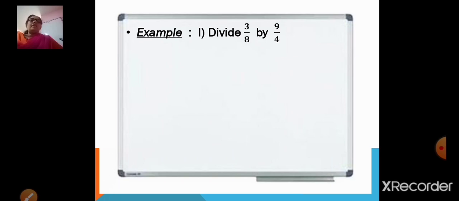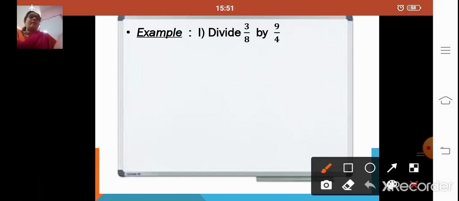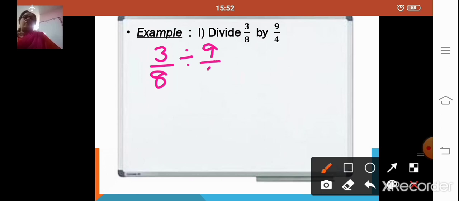Now let us start with an example here. Divide 3 upon 8 by 9 upon 4. Okay. So when I take this 3 upon 8 divided by 9 upon 4. Now for the first point, what we have to do is change the division sign to multiplication. Now when I change the division sign to multiplication along with the reciprocal of the second fraction,